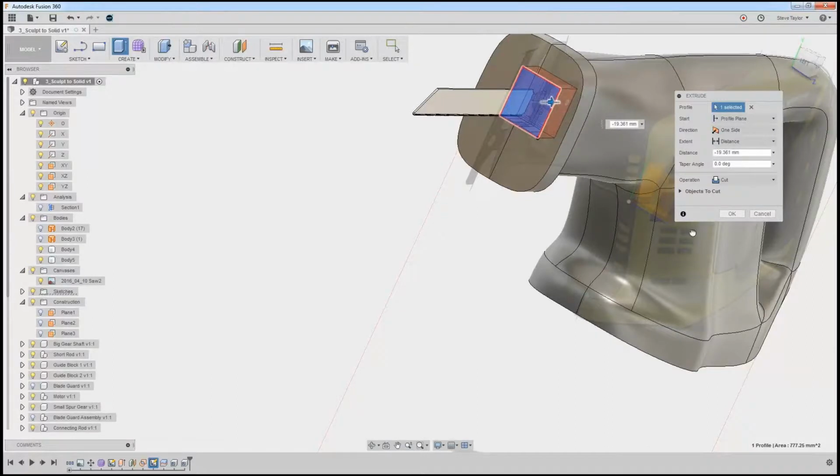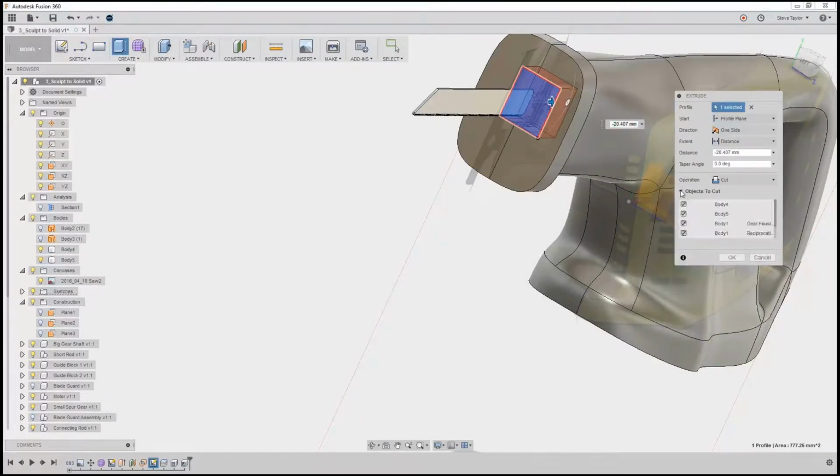What that is here, we can either in Fusion go to all the components down at the bottom and turn them all off, and then they wouldn't be affected, or alternatively, down at the bottom here with objects to cut, if I open that up, I can just untick all the bits that I don't want to be cut. There. Just press OK,